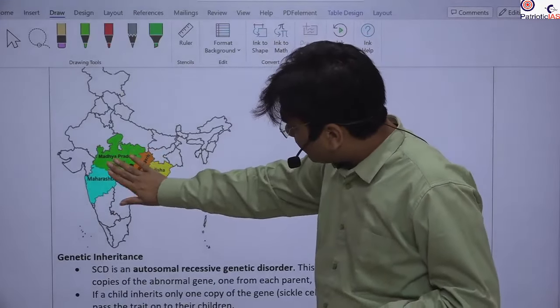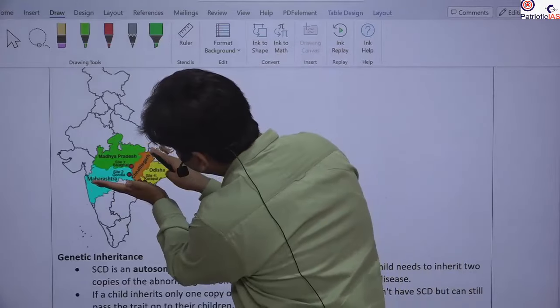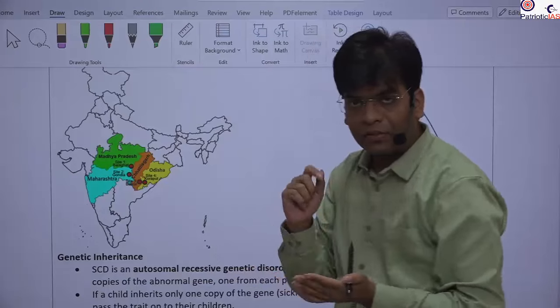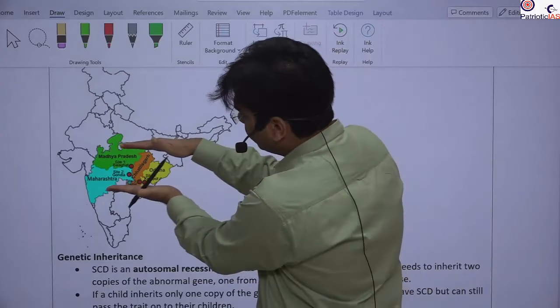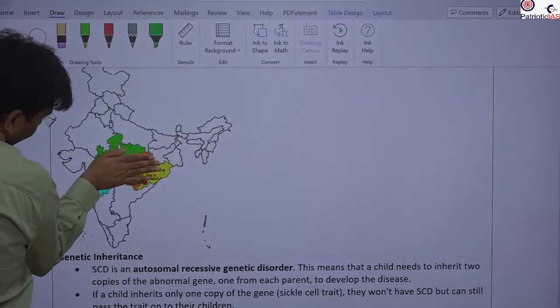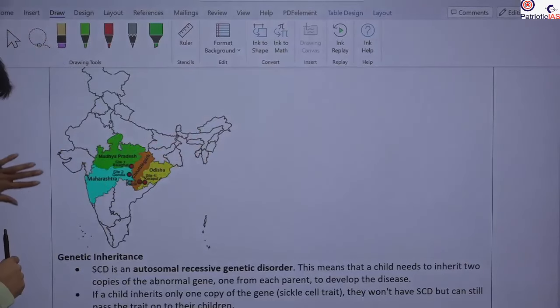Odisha, Chhattisgarh, Madhya Pradesh, Maharashtra. They are connected with each other, in the middle central part of India. So you can remember, even if you are not that much into this area, that this is the middle part of India. Okay, this is the genetic